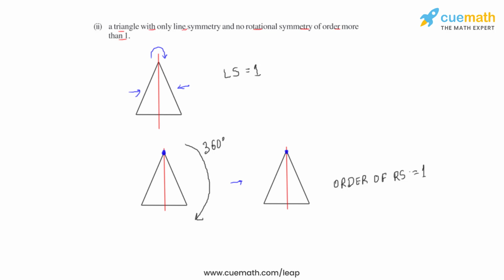Let us now see what's there in the third part of this question. The third part of the question asks us to draw a quadrilateral with a rotational symmetry of order more than 1 but not a line symmetry,